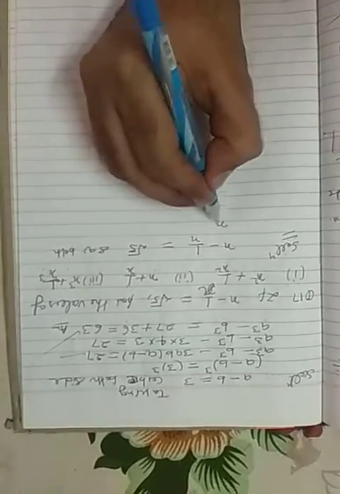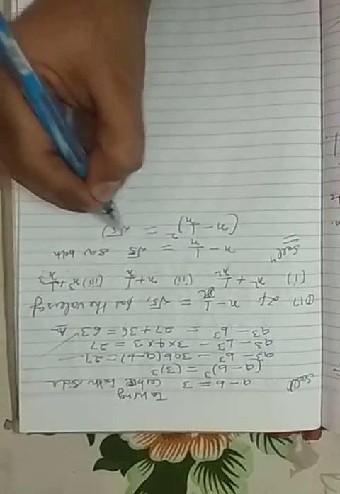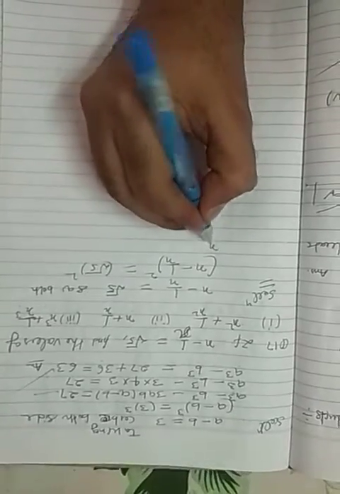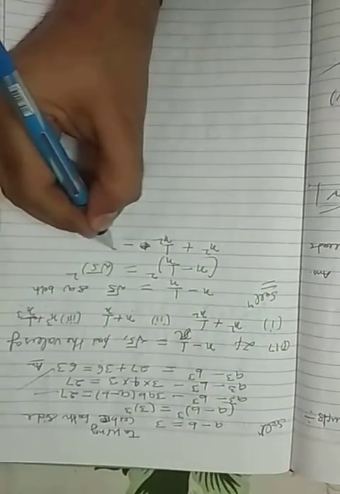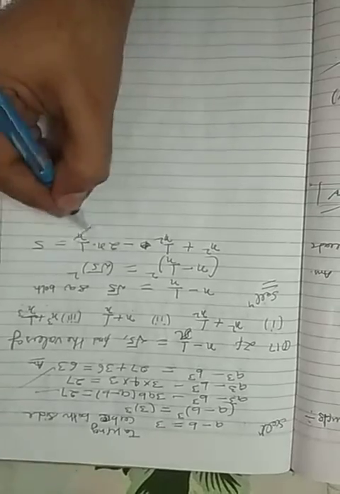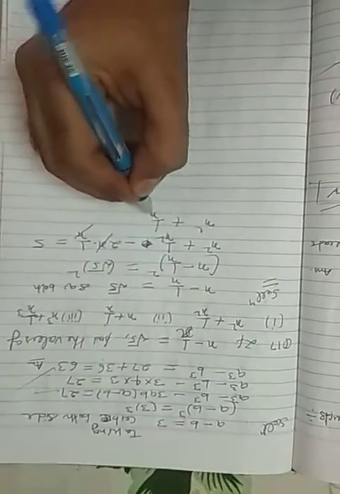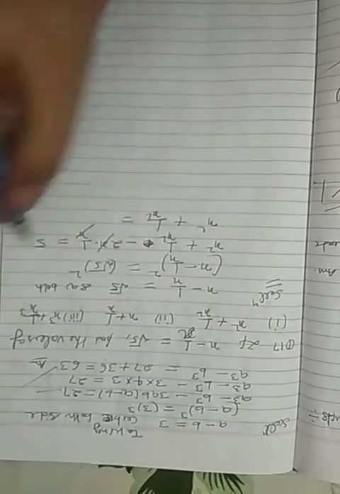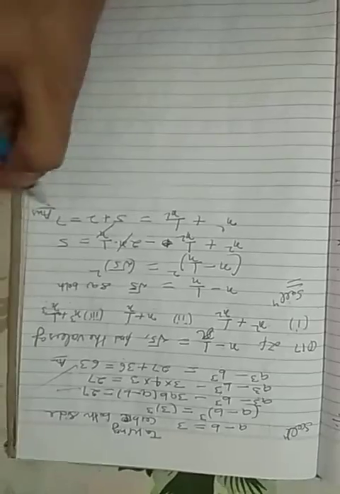(x − 1/x)² = (√5)². Here we apply a² + b² − 2ab, with 2 into x into 1/x; (√5)² is 5. So x cancels out, and we get x² + 1/x² − 2 = 5. Transposing to the right-hand side, 5 + 2 is 7. So the first part's answer is 7.